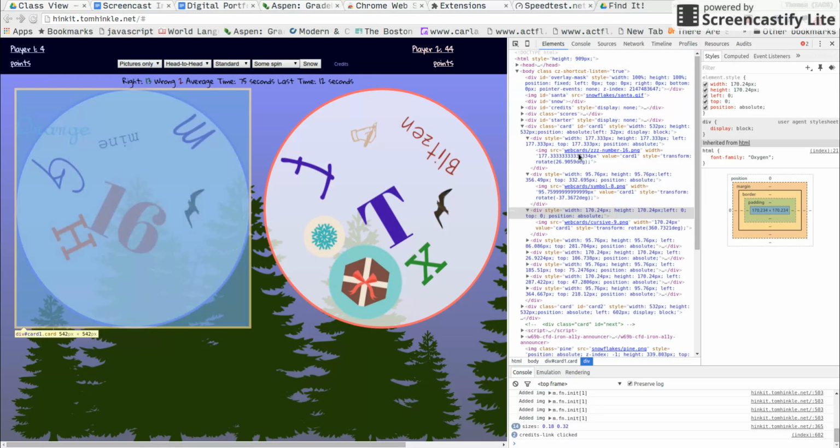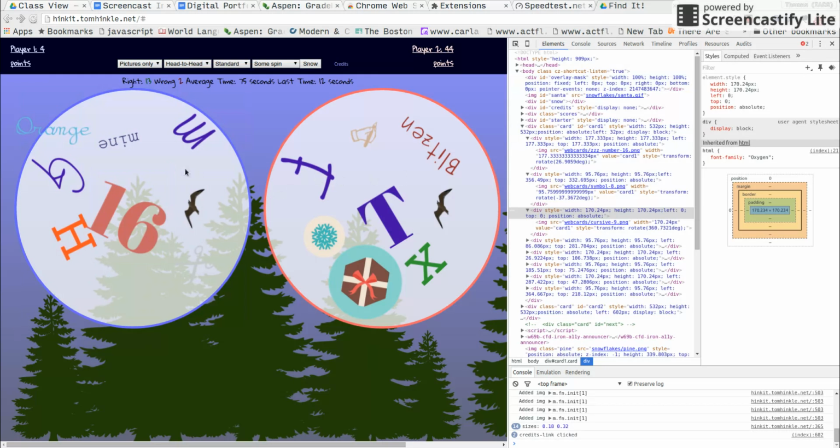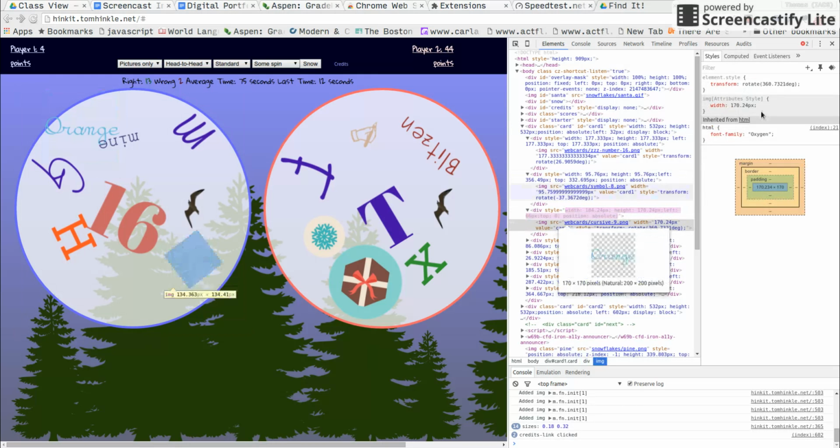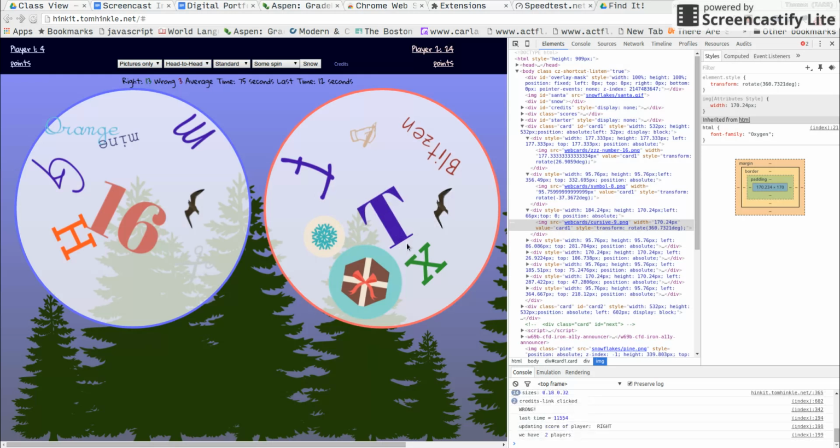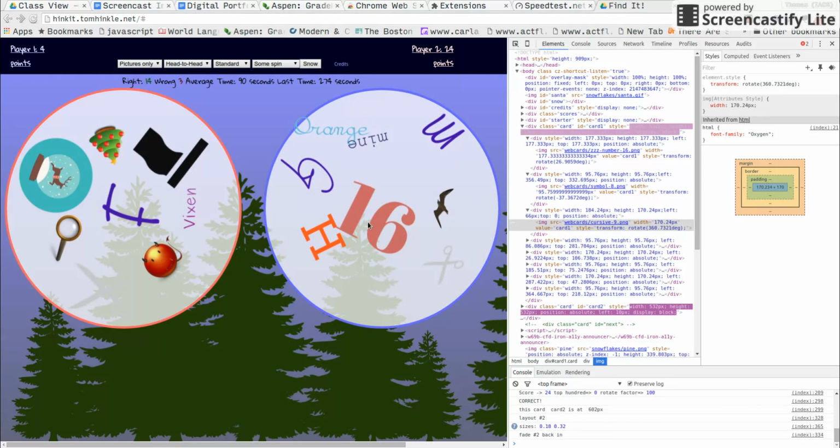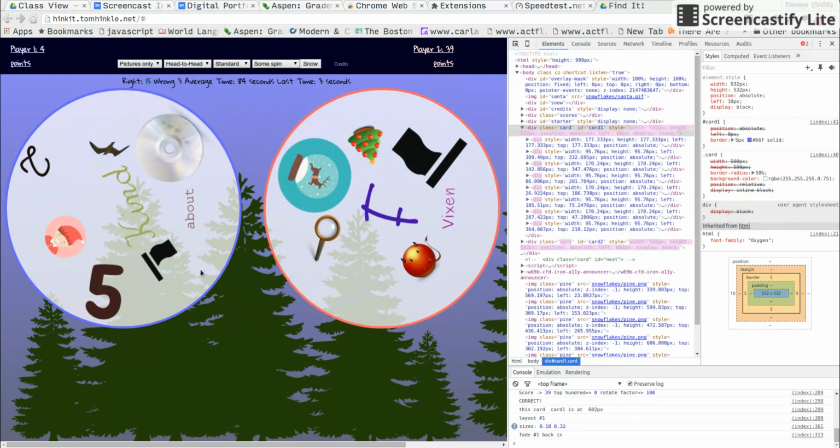All right, now the jQuery code then does the animation, and I've sort of done a nice job showing you. You can just imagine by changing the left value what it's doing. It also can change the width and the height of the image, which is what it does when you get the match right. So let me find the match here. If you get the wrong match, it does a neat little animation where it spins it. If you get the right match, it grows and changes, grows and changes,